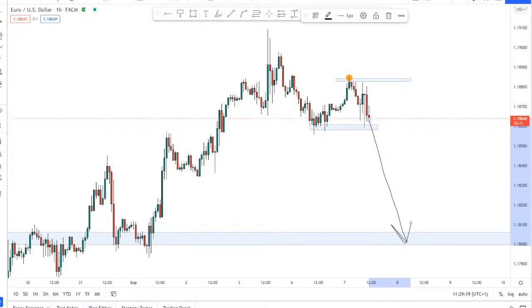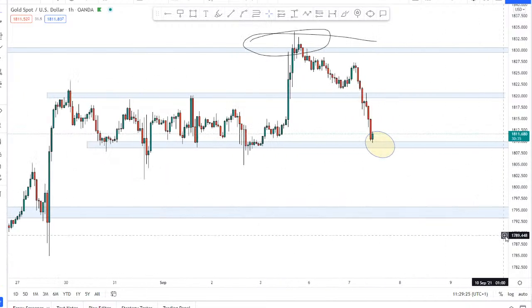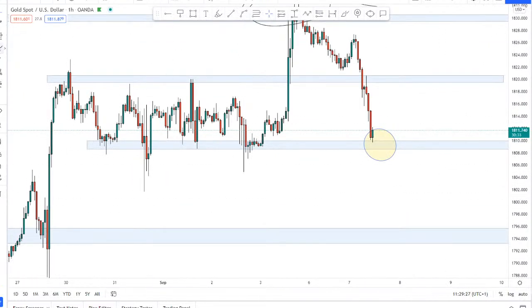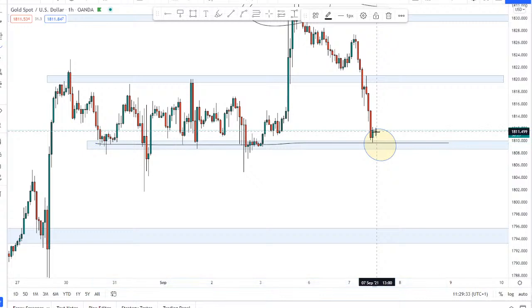And yeah, gold, like I said, for gold, buys are looking potentially good. The reason why I say potentially good is because it's at a nice level, but whether it holds it or not is another question. If it doesn't hold it, then buys definitely won't be looking good, and we might be moving back down to